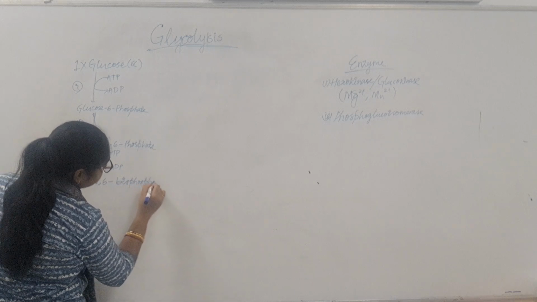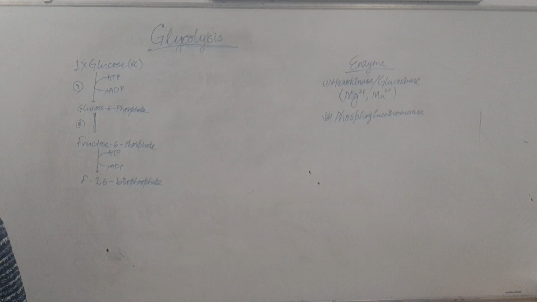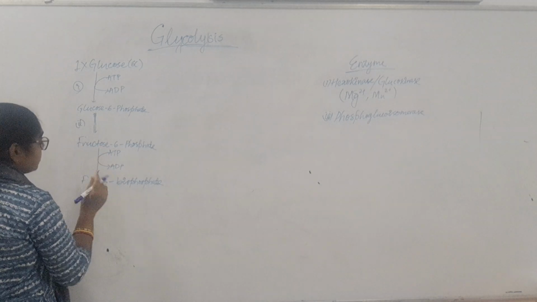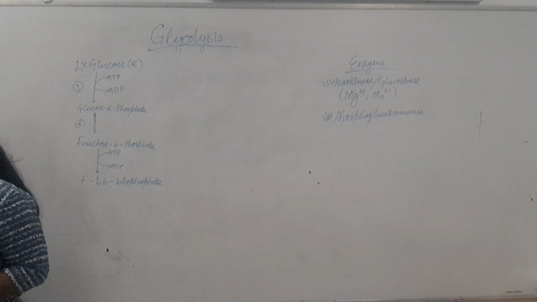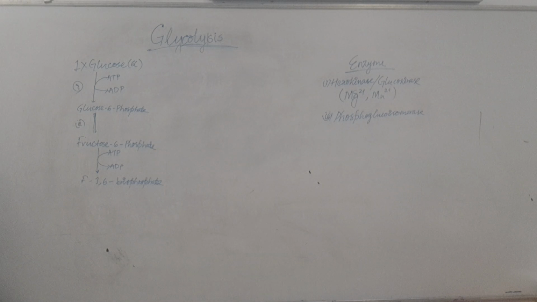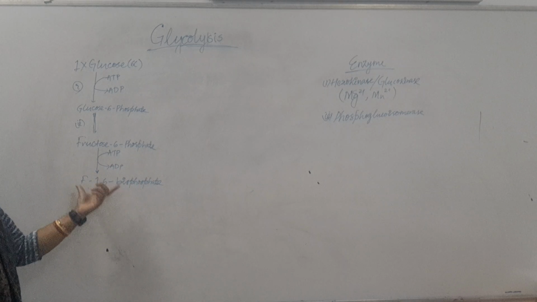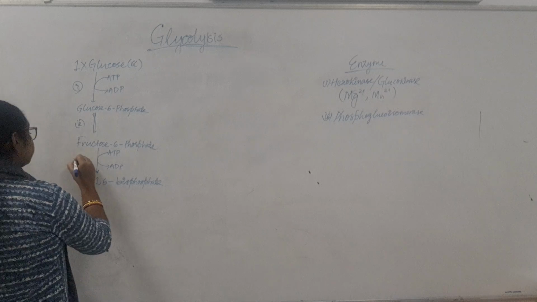Okay, it becomes fructose 1,6-bisphosphate, because there are two phosphate groups present. One phosphate group is added at the first carbon position of the fructose 6-phosphate, and this takes place in a phosphorylation process. The conversion is a phosphorylation process, and the enzyme responsible here is